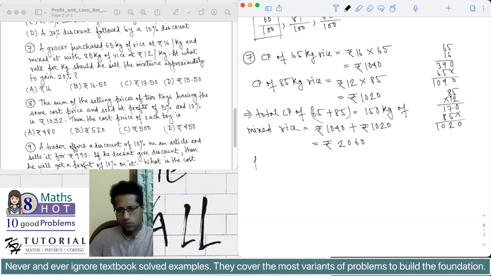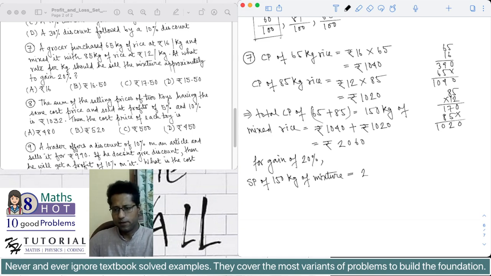Okay, so for a gain of 20%, the selling price of 150 kg of mixture should be equal to 20% more than the total cost price, which is rupees